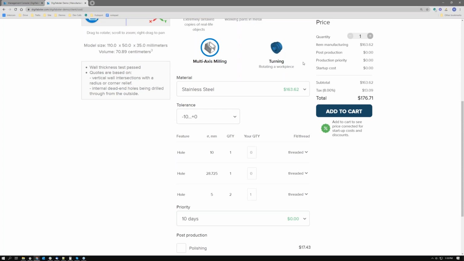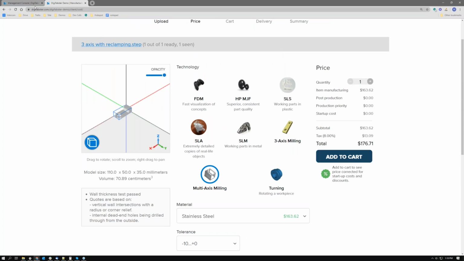Another question that I see come in is that we do have some questions about when would we use a 2D cutting versus a